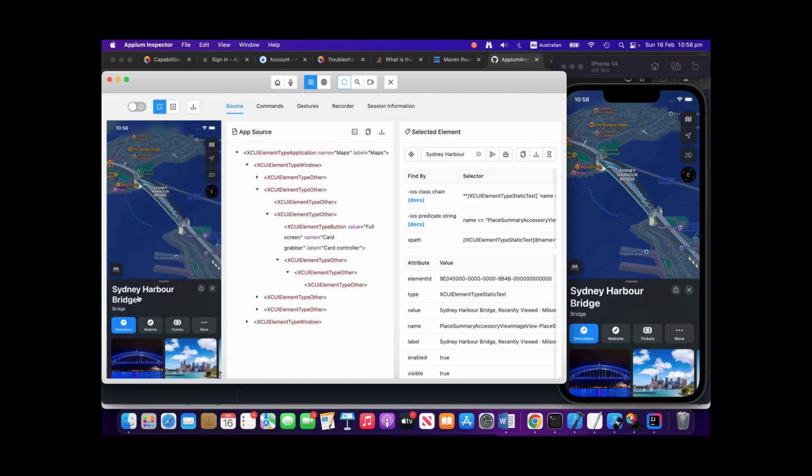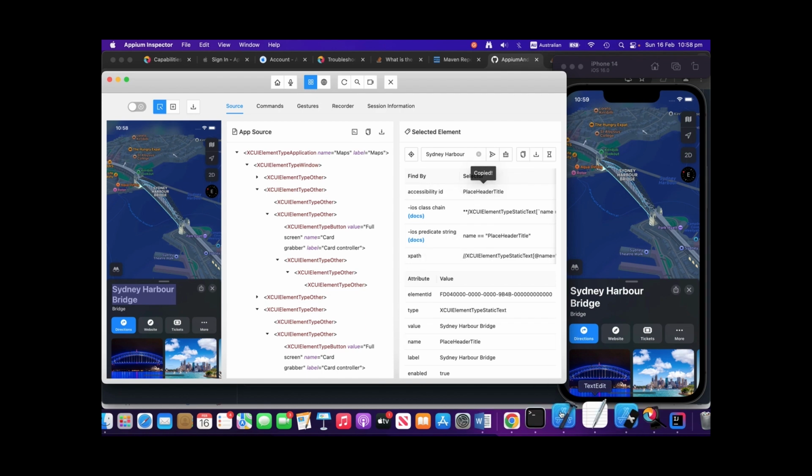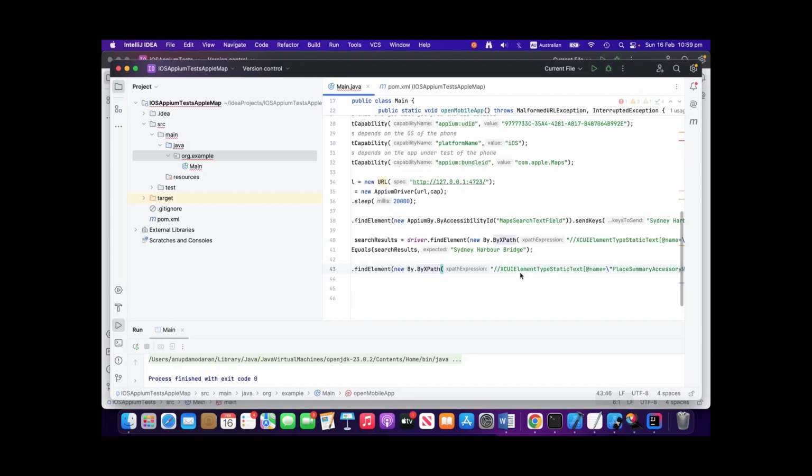Now what we want to validate is this one. So I'll just click on this one and we can see that there is an accessibility ID. So that's a good mechanism. Accessibility ID is better than an XPath. And one good thing about Appium Inspector is it gives all the details. Okay, so it gives this particular portion about find by as well as there are attributes. So find by is a better mechanism in the selector. So I'll just copy it, come back to IntelliJ, and then